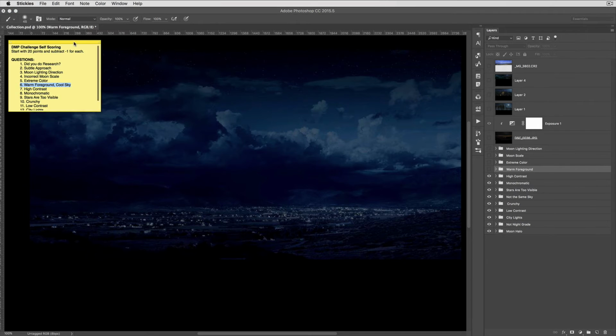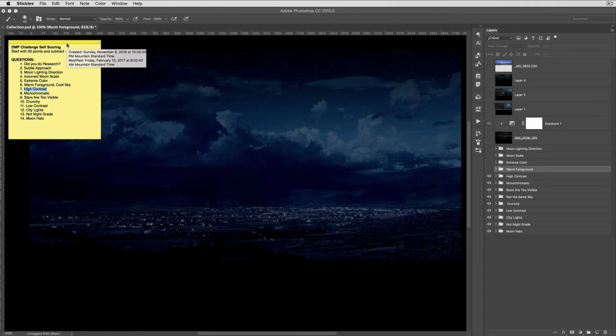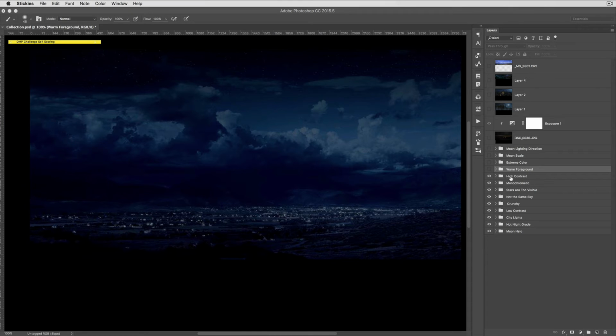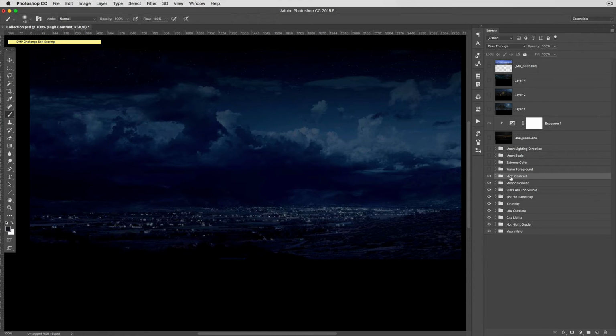All right, so the next one we're going to be looking at is high contrast. So when you're doing nighttime shots, you don't want to have too much high contrast. And high contrast will lead into something else, which is making your image crunchy. So I have examples of crunchy things, but certainly some of these high contrast things can be considered a bit crunchy. That's where it's so contrasted that it's creating artifacts